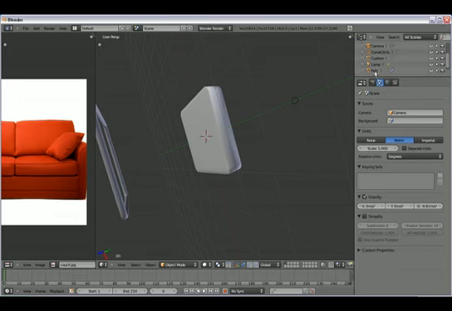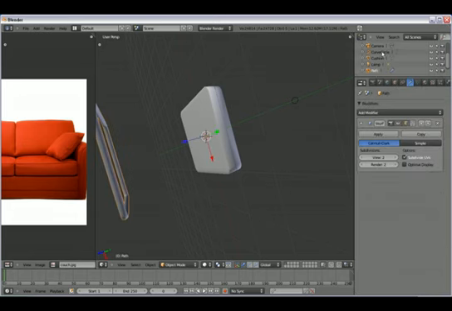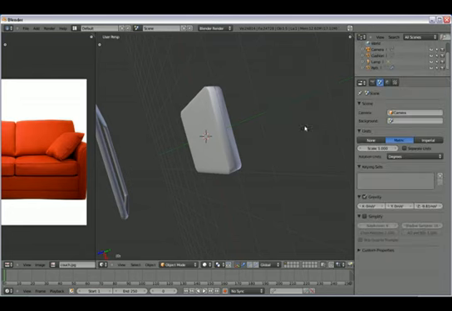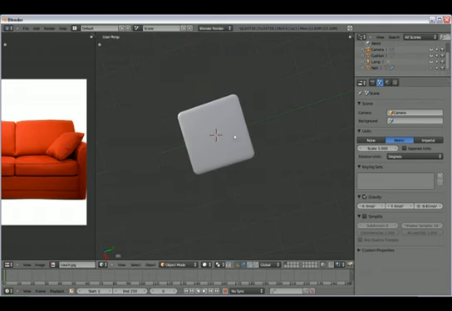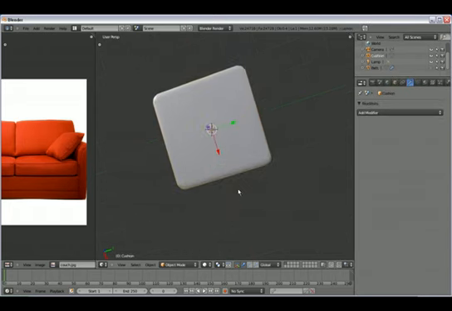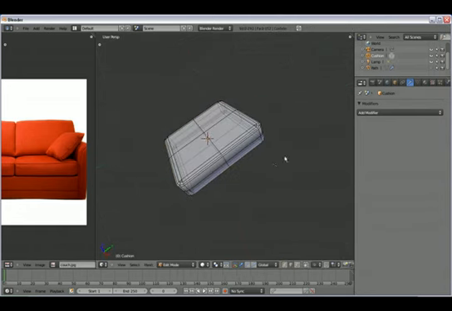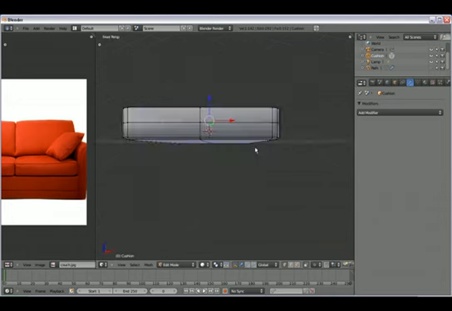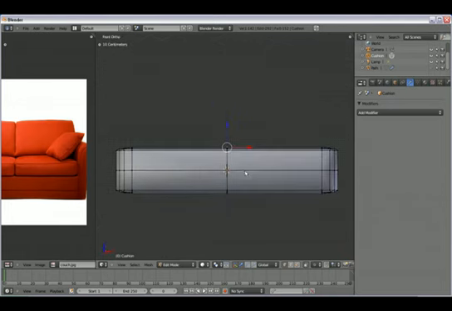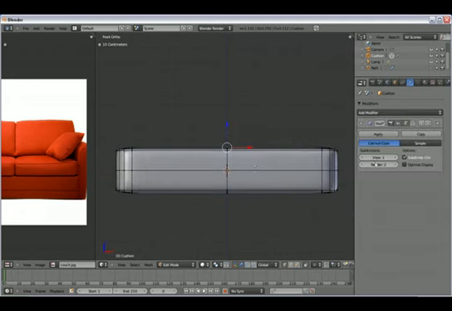I want to hide it for the moment, and then go to the cushion shape here, tab into edit mode, enable back the only visible objects, and then go to the vertex mode, select that vertex, going to the side view perspective, I mean orthogonal, and then we didn't add a modifier here, a subsurface modifier, and I will just move that vertex up just a little bit, and then I might also want to